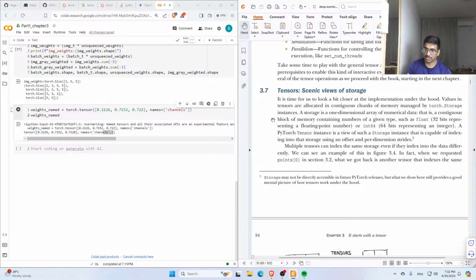In fact, when we requested points[0] in section 3.2, what